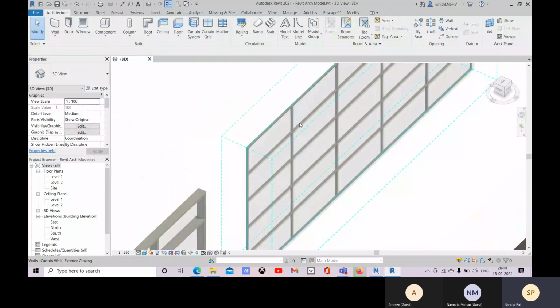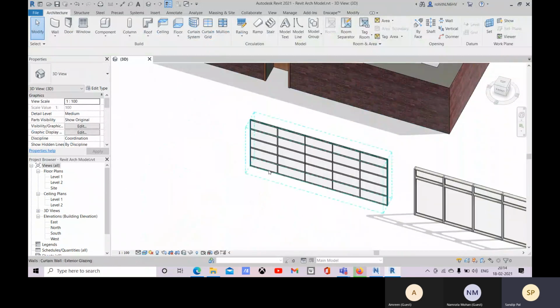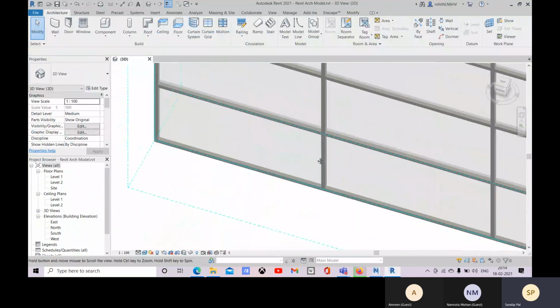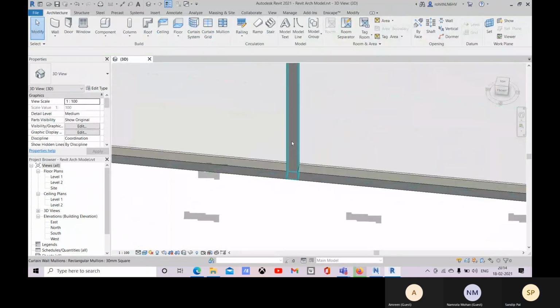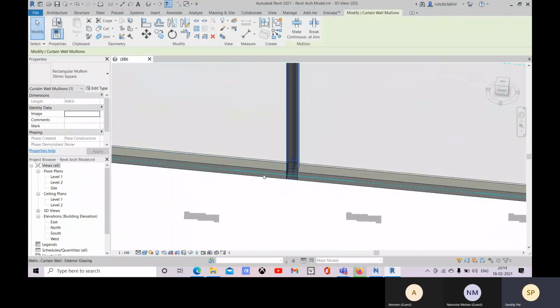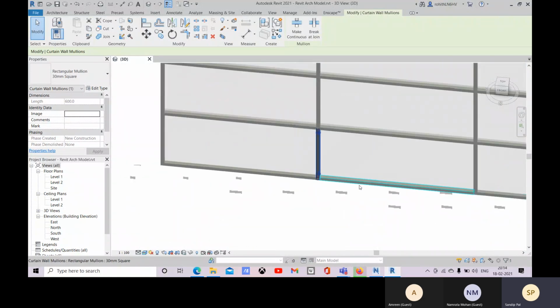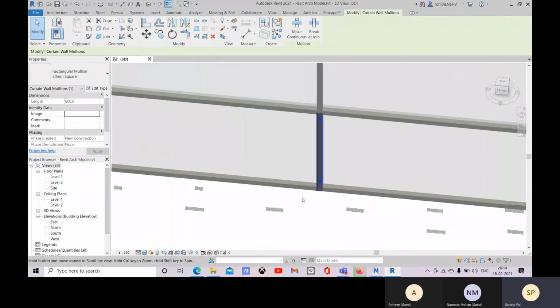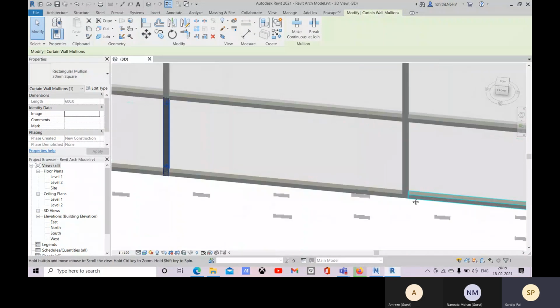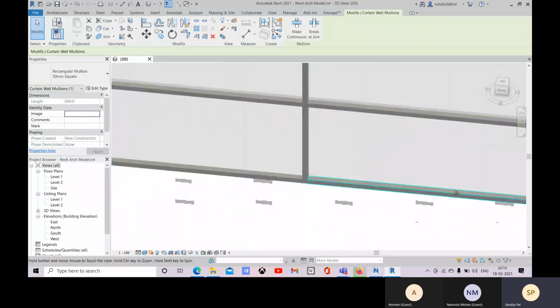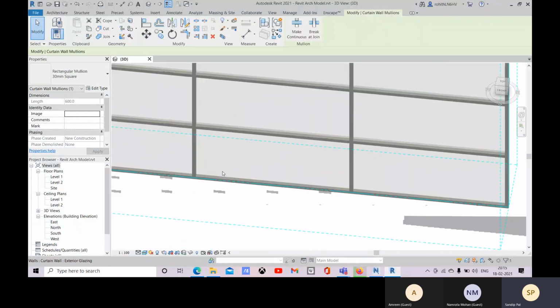All right, now what you can do is make it perfect. There you see that this mullion is intersecting this horizontal mullion. If you want to continue this horizontal mullion as a single horizontal mullion, you can do that.